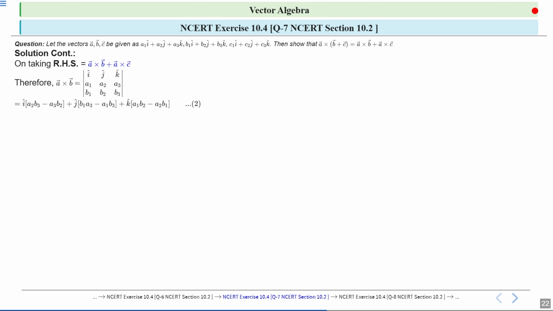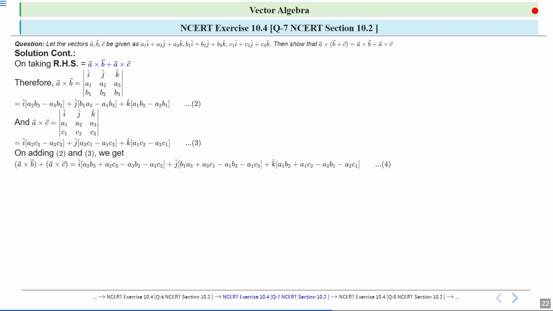This is equation 2. And A vector cross C vector will be equal to the determinant of i cap, j cap, k cap; A1, A2, A3; and C1, C2, C3. So it is basically i cap into A2 C3 minus A3 C2 plus j cap into A3 C1 minus A1 C3 plus k cap into A1 C2 minus A2 C1, right? This is equation 3. Now on adding equation 2 and 3 we will get